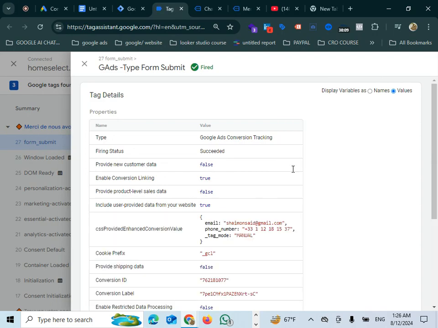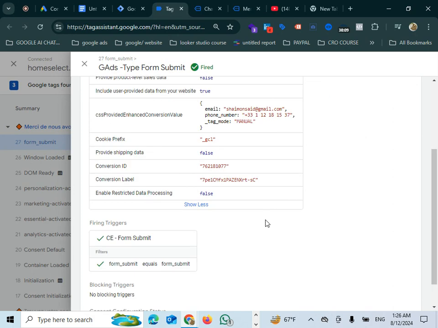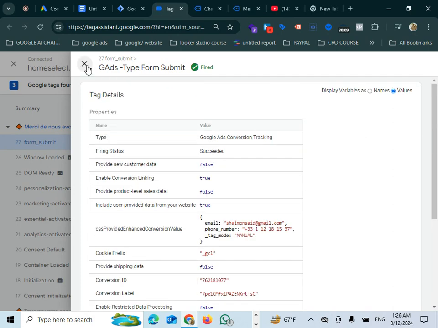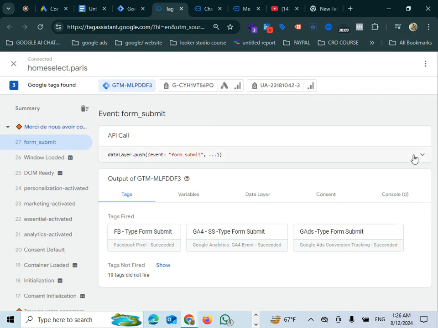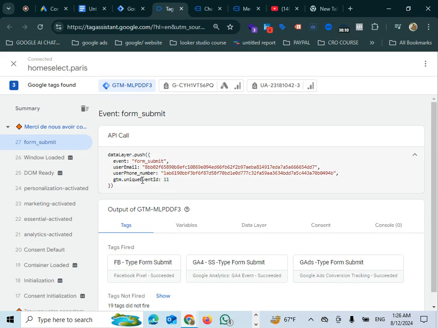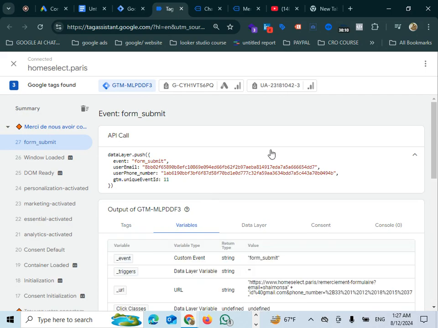then you can see the user provided data, the enhanced conversion is properly working. It's my email and phone number, which I just put in. It's properly working. Then if I go to the data layer here, you see user email and user phone number. It's properly working. Then if I go under the variable section, you can see the